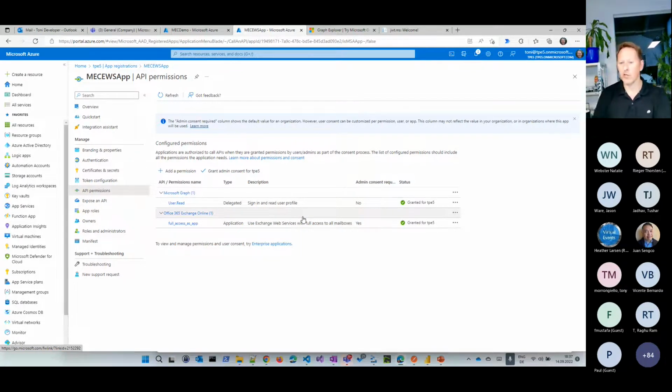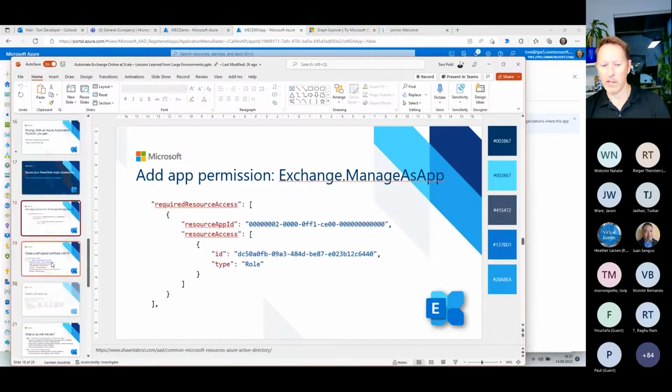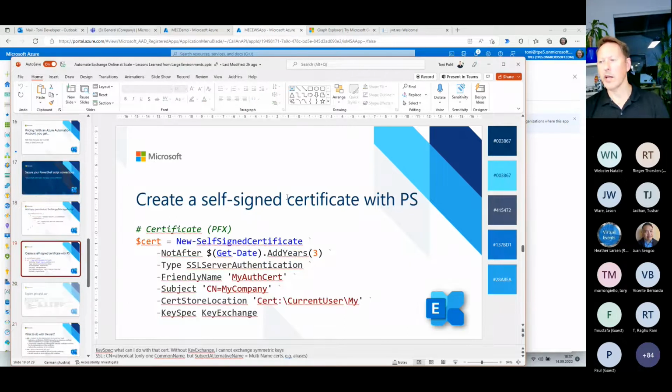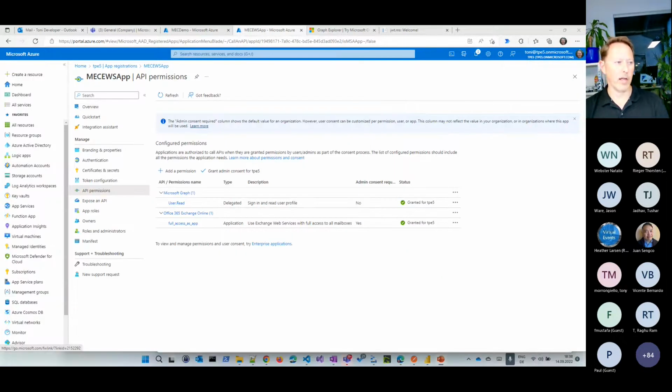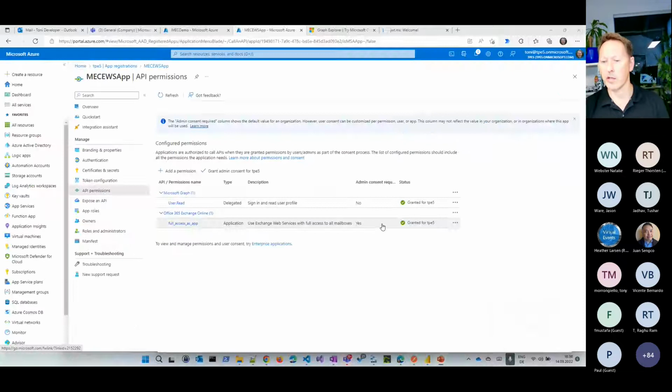So there is a solution for such use cases where I say, I want to access a specific resource that's eventually not in the list of the API permissions here. And then you can see I granted that application permission here. So that's one thing. The next thing, what you can do here, you can add a certificate. And the certificate can be stored in the key vault of the automation account here. And you can create such an own certificate. Let me show you how I can do that and how we can use that.